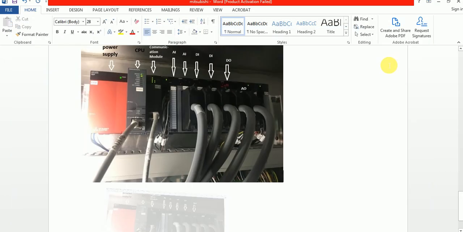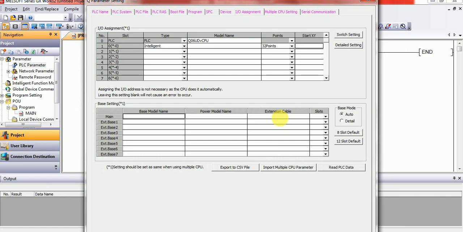So I will press this 0 to 40. For the other one, again an input module, you have to select input module. This is 16 points, or 32 points; if 32 points, it is 0020.